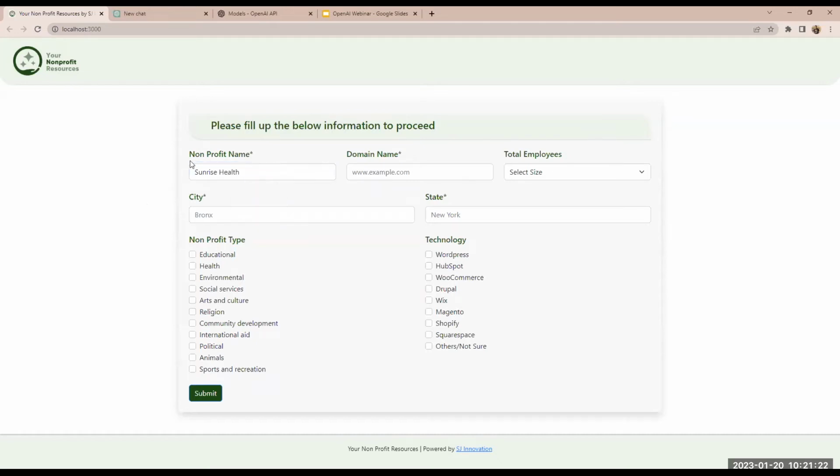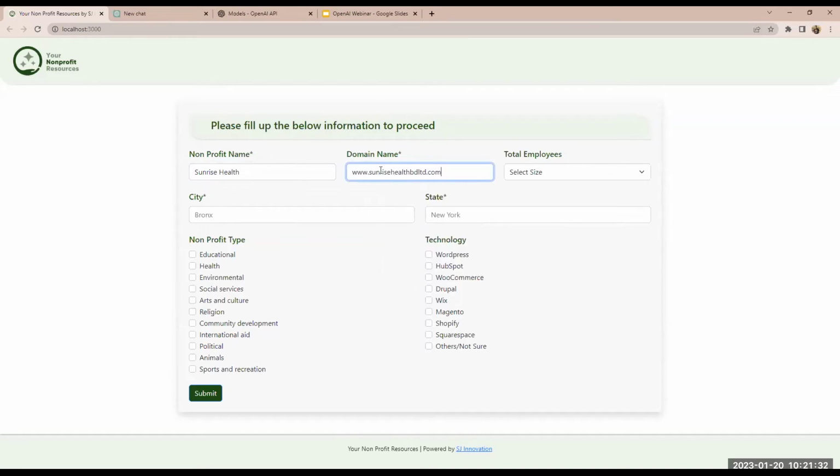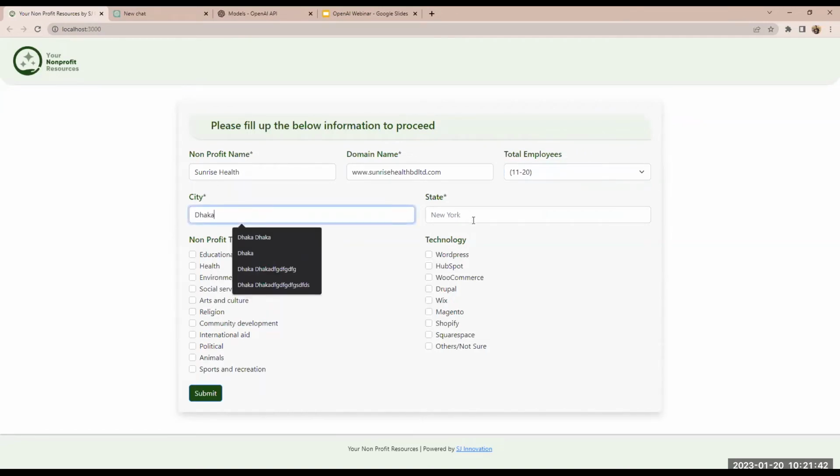Suppose there is a non-profit organization named Sunrise Health, and their domain name is given. I have to select the size, like total employees. The city is Dhaka.